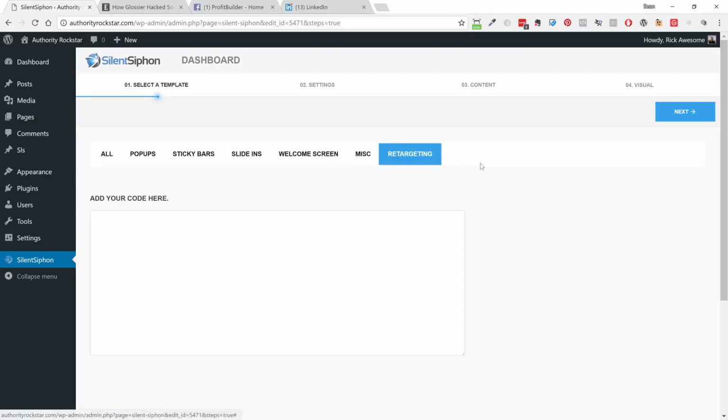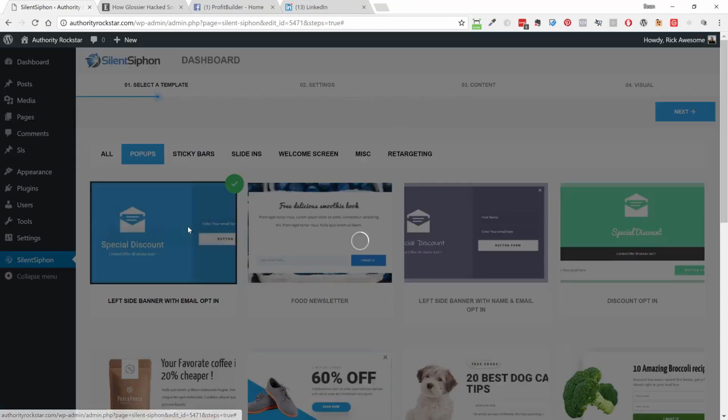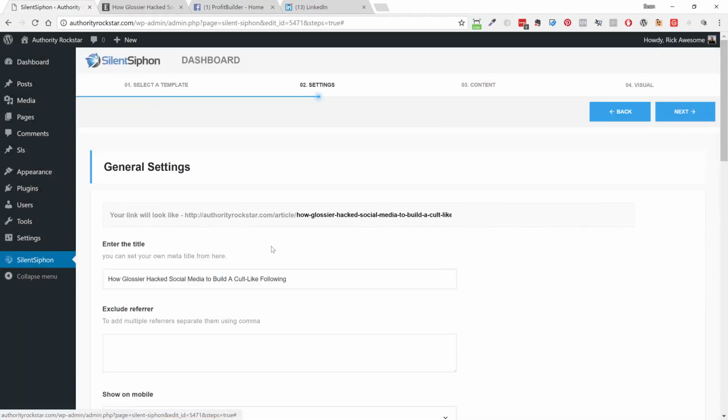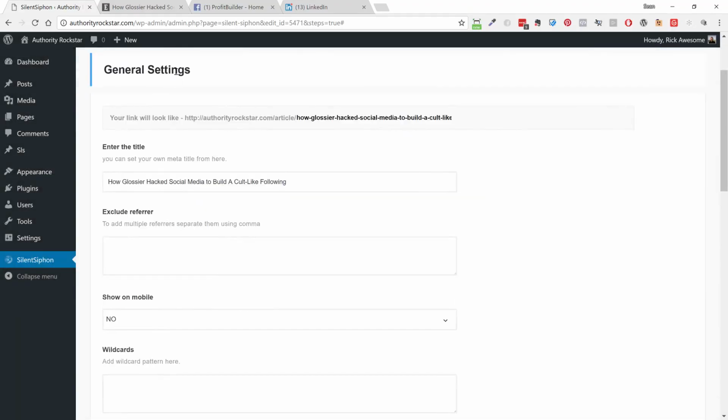The other cool thing is you can also just drop a retargeting cookie. Nothing else. Just click, boom, done. No interference, it just silently happens in the background. But we're going to go with just a standard pop-up right now. You can see this is the standard style and everything else. Okay, fine. So we're going to click use this, and then we can customize anything we like about the actual